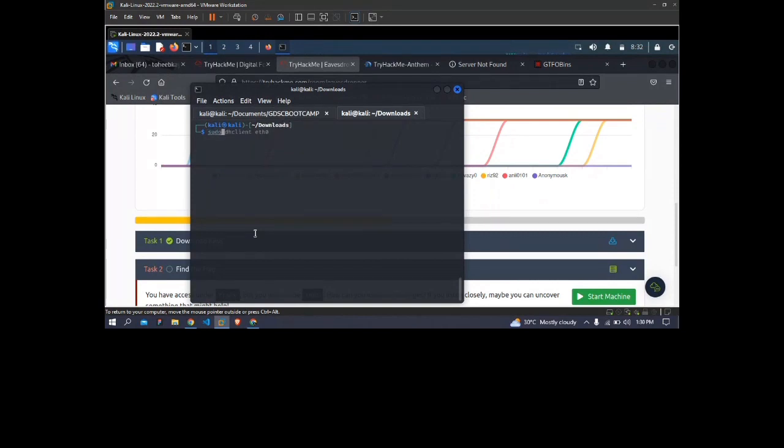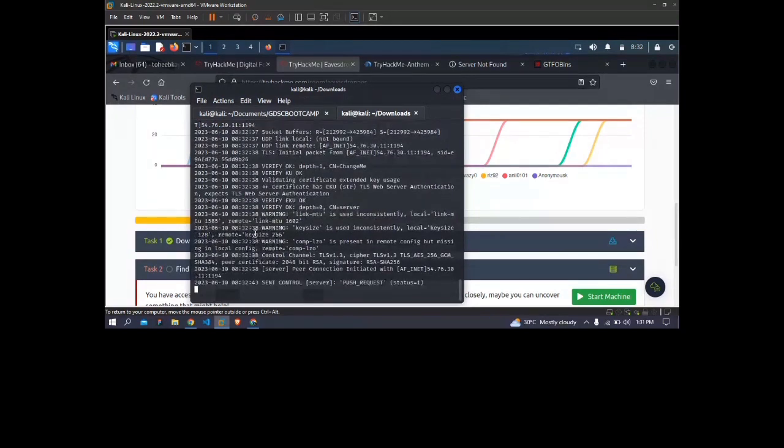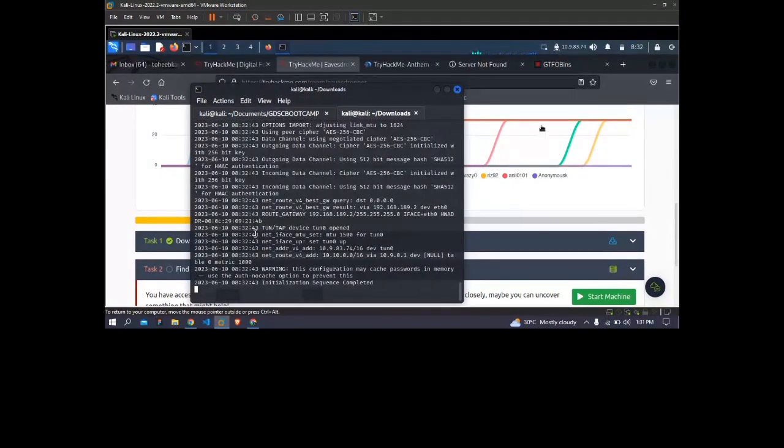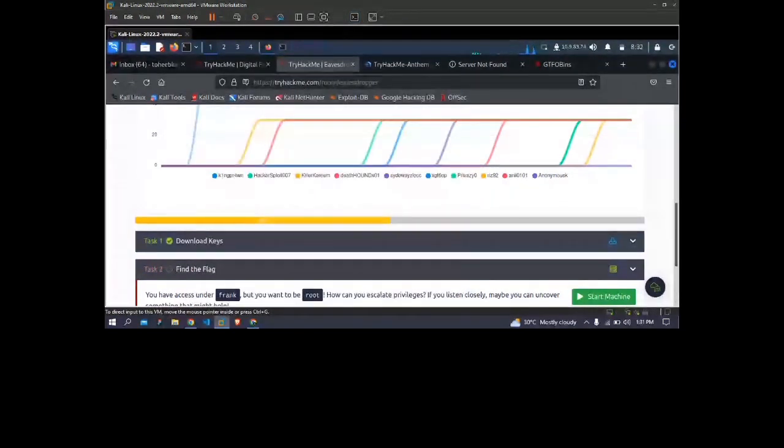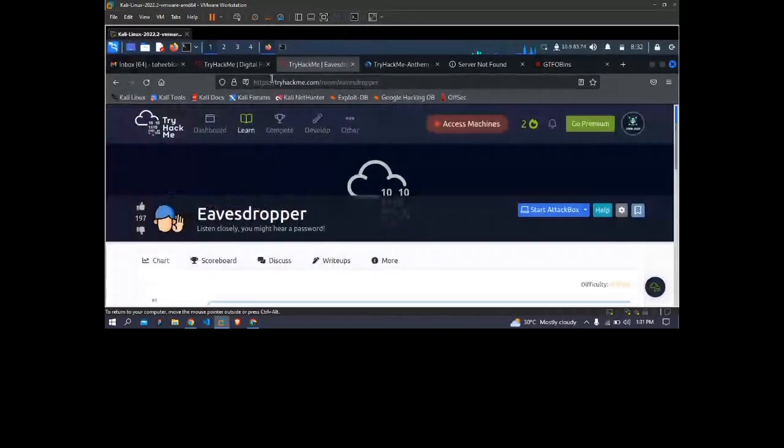So when I say sudo openvpn, then the file name, anonymous key. So my initialization has completed and I can see I've been assigned my VPN IP. So definitely the room we are going to do, just